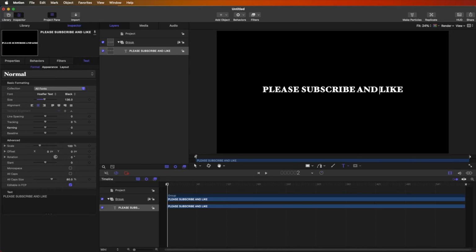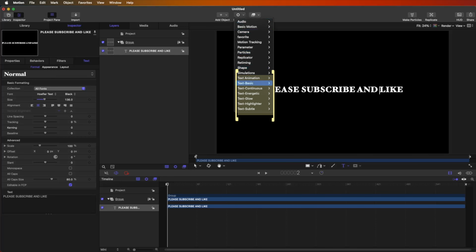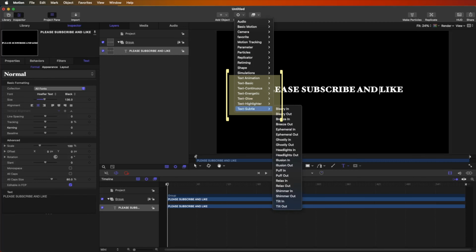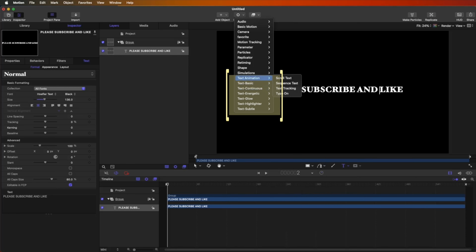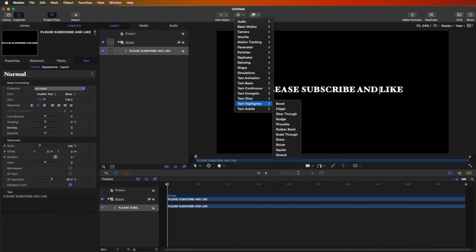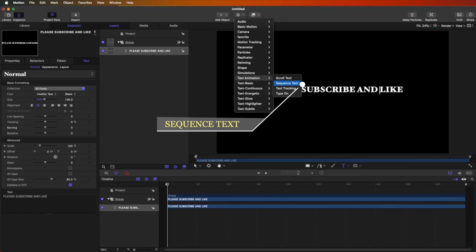I'm going to go into the behaviors, and the one we want is text behavior. Text behavior is pretty powerful in Motion. You can do a lot of things, but I'm going to cover the basic ones. I'll go through the last six, and at the end of the video I'm going to talk about the sequence text only. I'll leave it in the timeline. If you want to skip to the end of the video, you can do that and see the sequence text